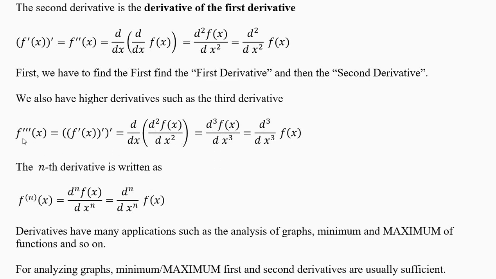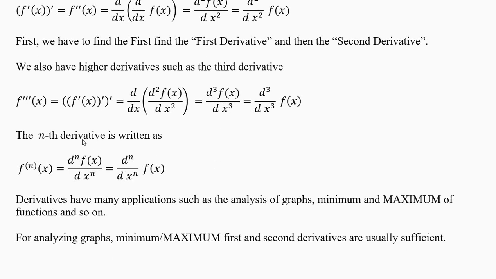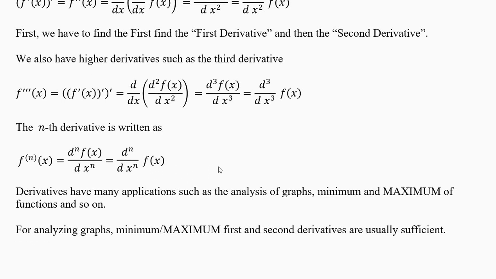Now the third derivative will be f prime prime prime, 3 times, or d cube f over dx cube, and the nth derivative will be f bracket n. See, the n is also written for power in the superscript. So this is not the power n, this is the derivative n. That's why we put a round bracket. It is d power n over dx power n. It's not divided by, it is just a way of writing d^n/dx^n of f of x.